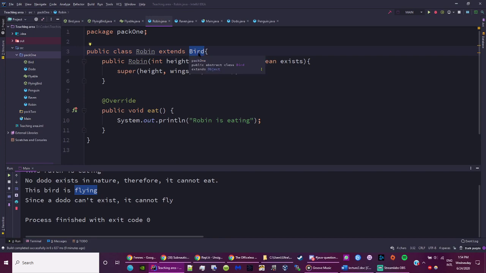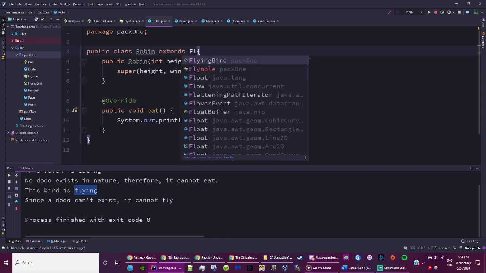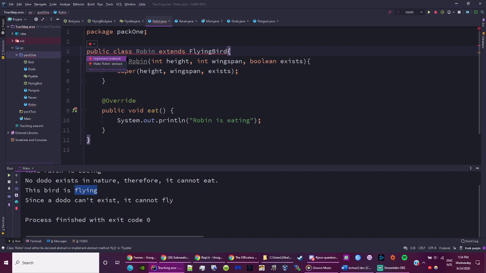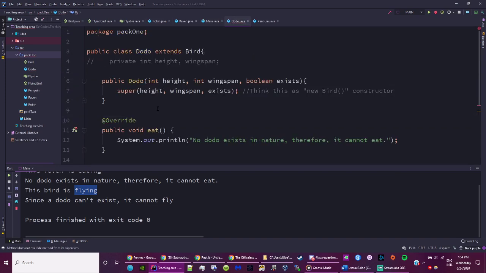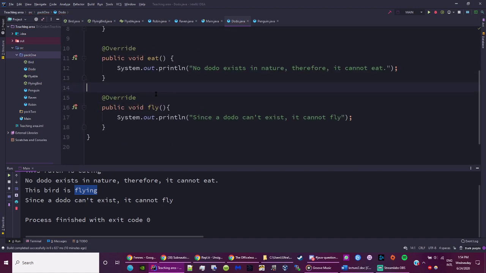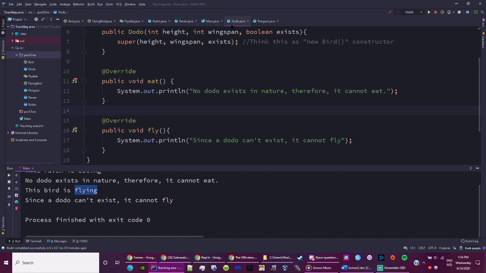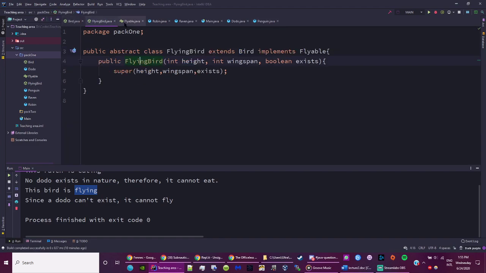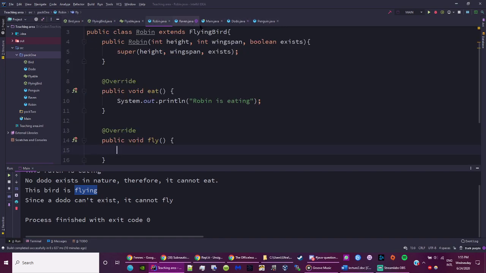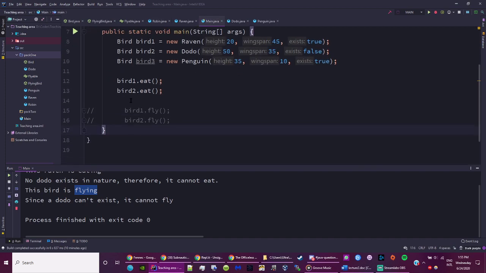So we know that a robin can fly as well as a dodo, but of course, dodos are extinct, and therefore they get a little bit of special treatment. And so that overwrite is fine. But for penguins, they still remain as birds, but not flying birds. And that can be reflected when we go ahead to